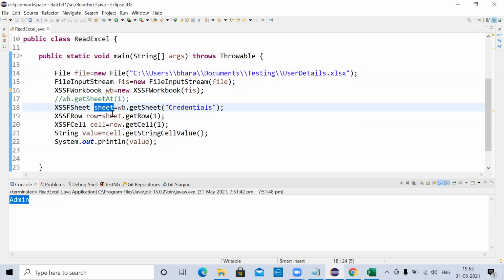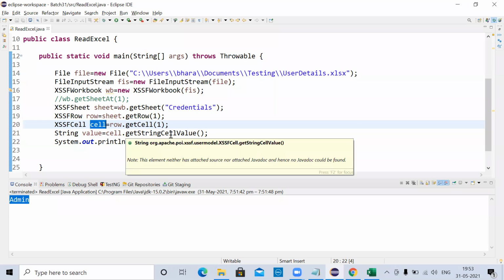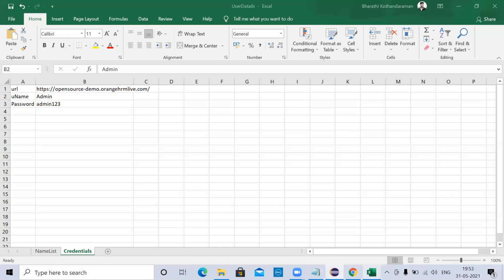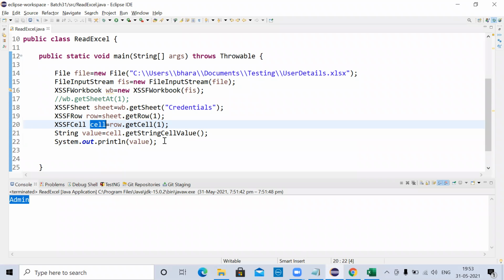Similarly, using the sheet object, go to a row and store this in XSSFRow. And using this row object, go to a cell and store this in a cell object. Now I'm using the cell object for getting the string cell value from that particular cell. In this cell, you may store any data you want, but that will be returned as a string actually.